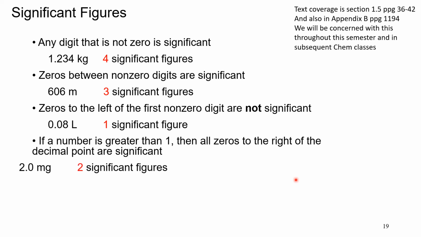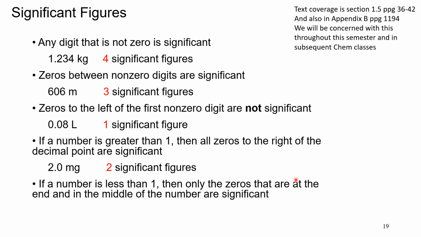It's straight from your book. And so, well, I'm sorry, this one's okay. If a number has a decimal point, then all zeros to the right of the decimal point. Yes, okay. So trailing zeros are significant. Let's see. That one's fine. So the problem with this statement that I was complaining about is